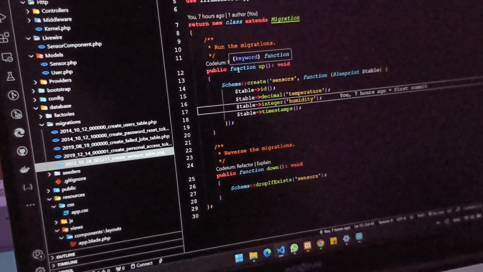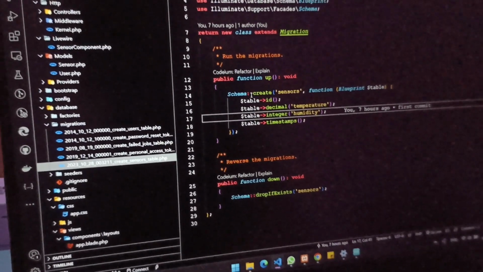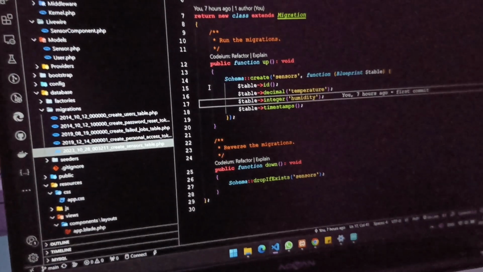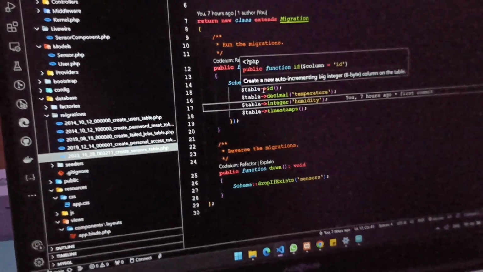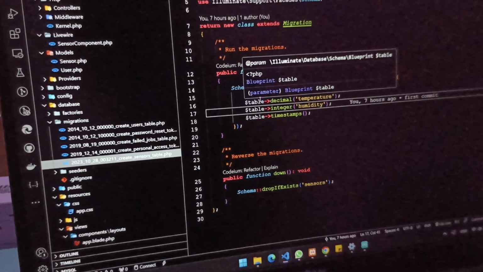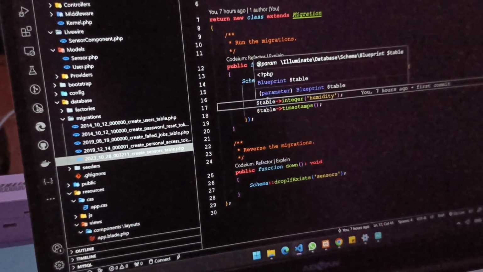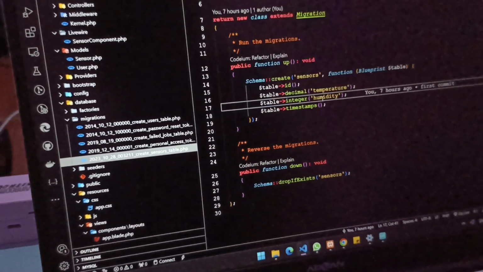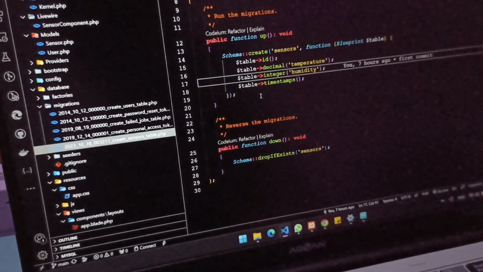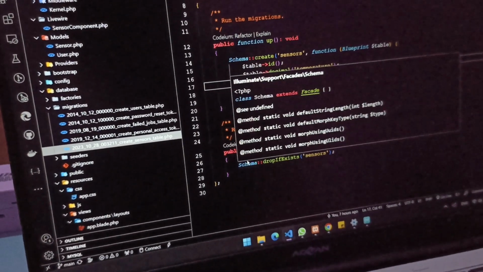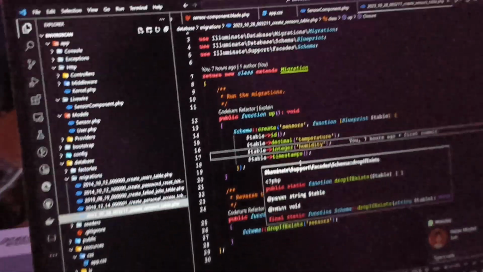Okay, is a public function up, schema create sensor function blueprint and table. This a table ID. This a table value, table is decimal because it's for temperature. And this a table integer because this is for humidity, and this a table for timestamp. Okay, is a public function down. This schema drop if exists for sensors.